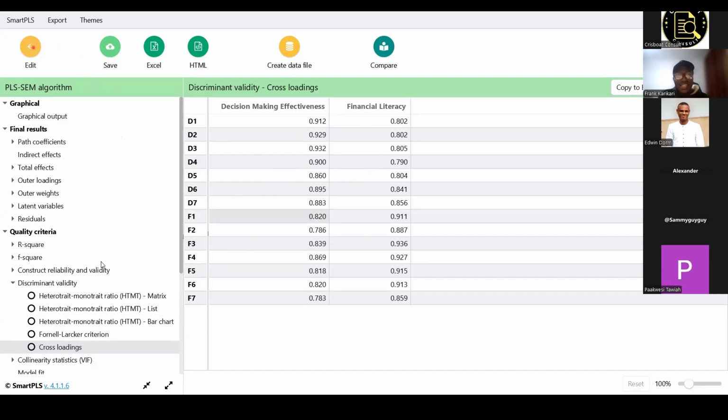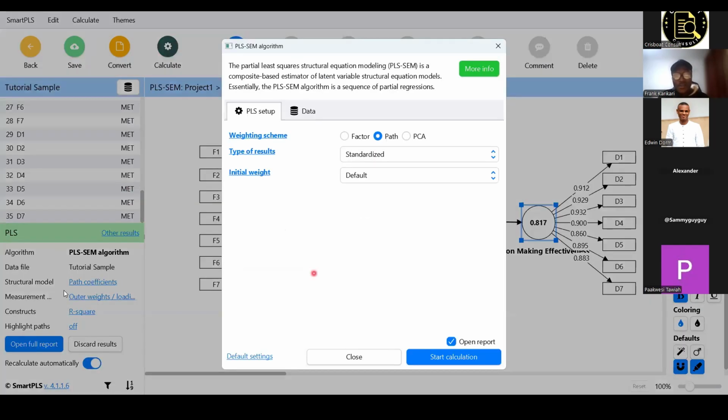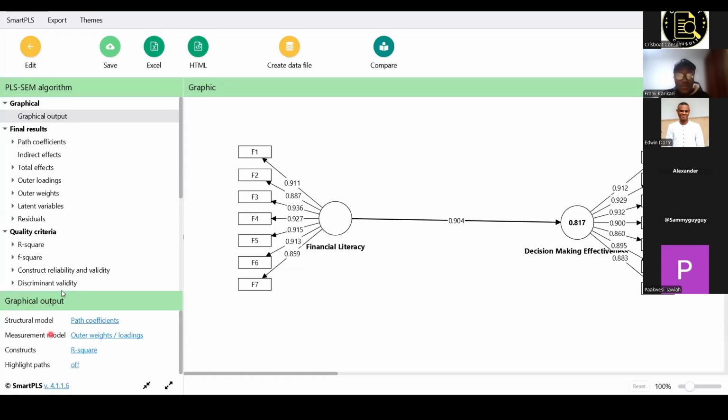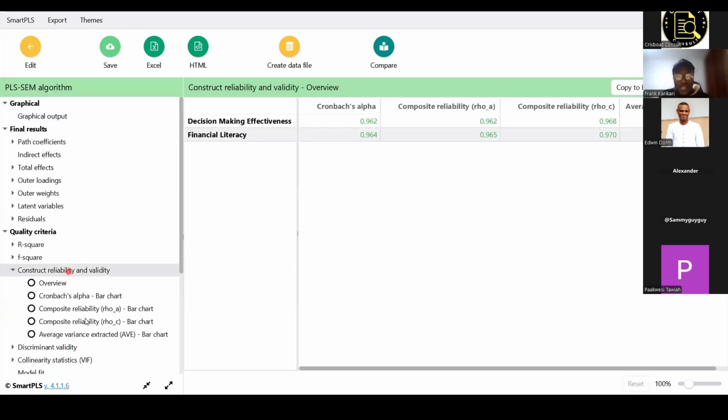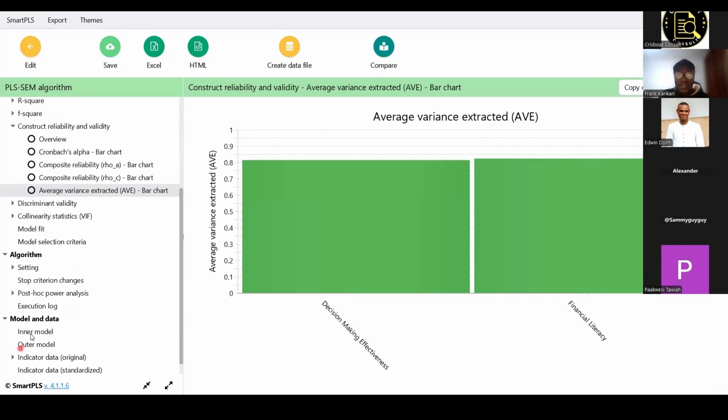Nonetheless, there are some studies that people publish and then they can defend it. Some say that even if it is less than 0.9, or some say if it is 0.95, you can also justify that. It all depends on the reviewer. If you want to publish, it depends on the reviewer, right? So that is it for the